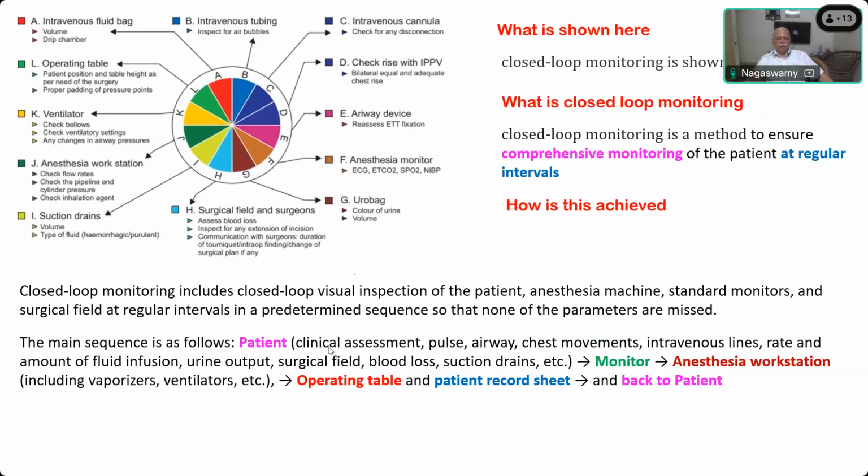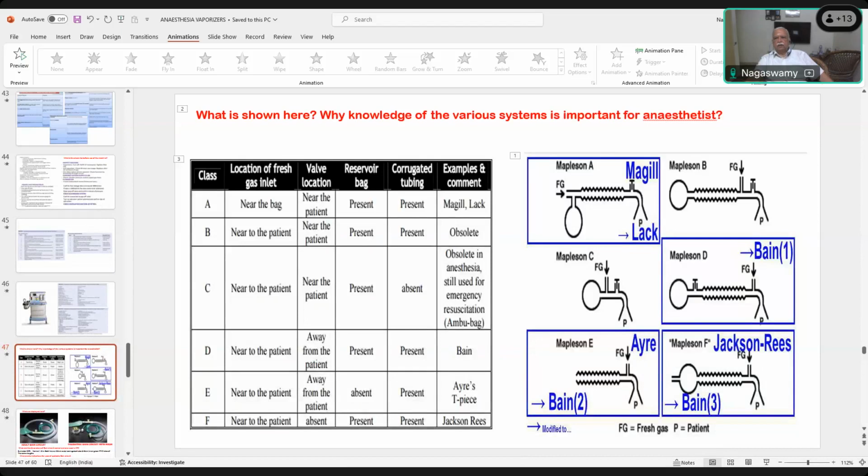Once you identify the parameters, immediately the corrective actions are also suggested. So you have constant vigilance on the patient and correct whatever physiological aberrations happen and immediately take care of them so that you can provide the safest anesthesia. Okay, so that closes the